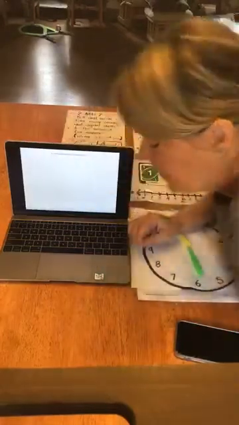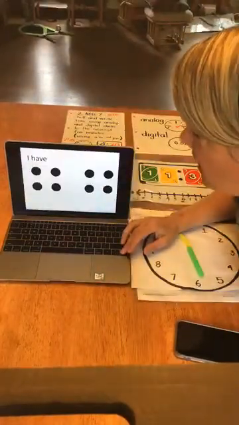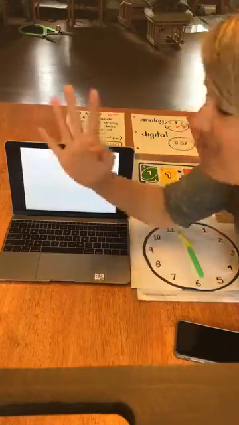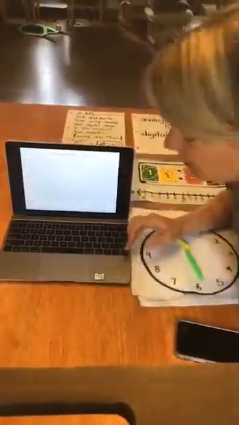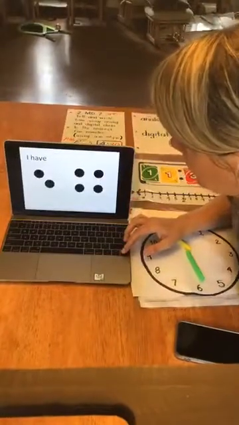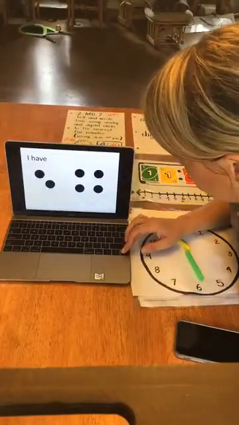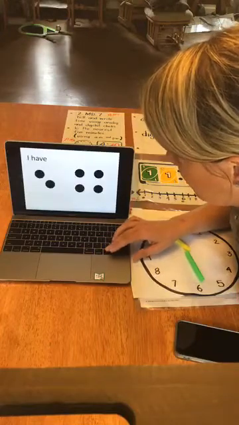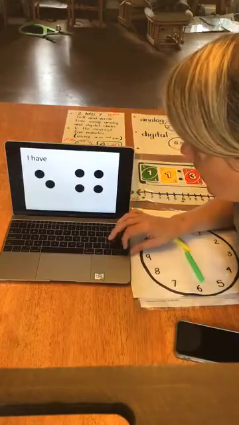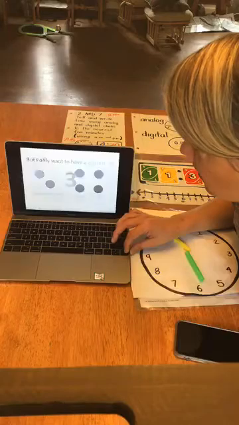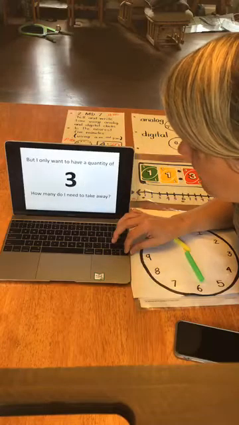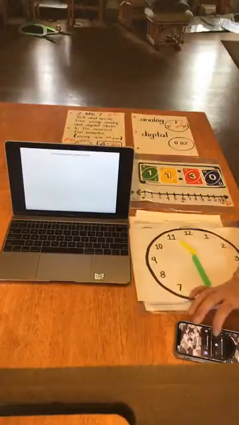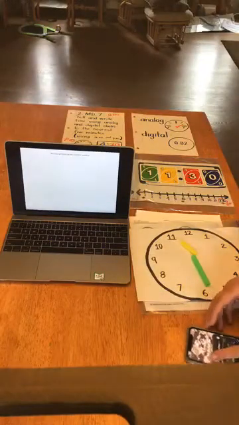Miss Street needed to double check too. Last one. Oh, that one's easy. I'm not going back for that one. Let's do one more. Ooh, I got to go back on that one. Good job. That one was a doozy right there.